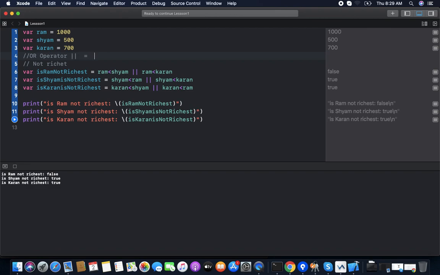For the OR operator, if any condition is true, so it's true.